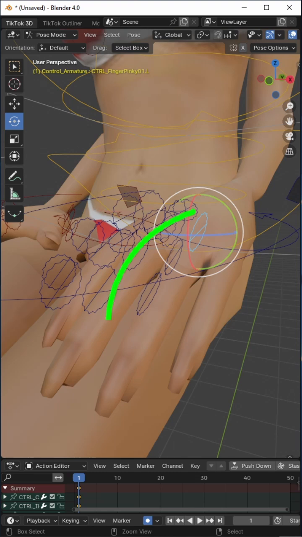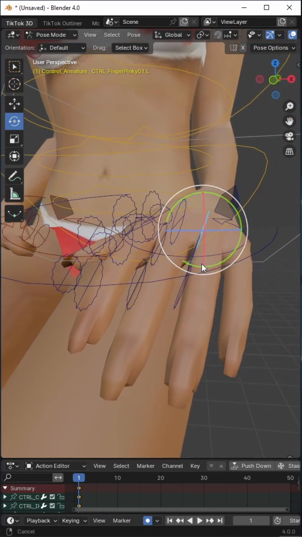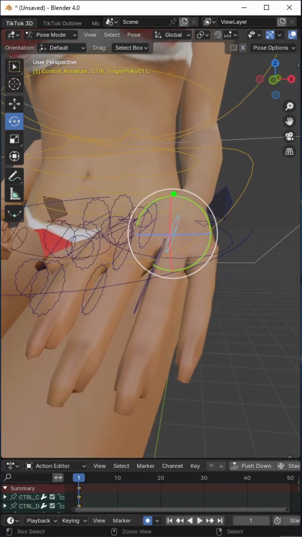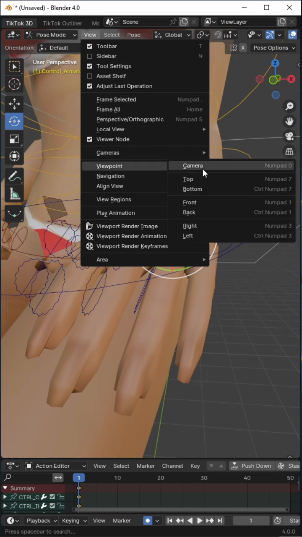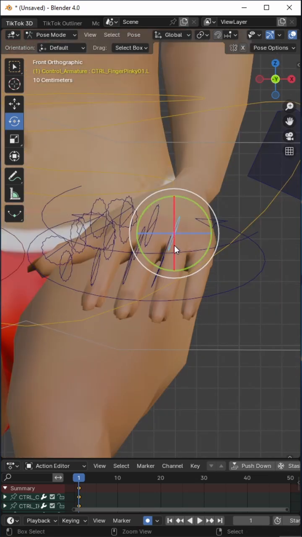So we want to move the fingers, but we want to have more control over the direction that the fingers bend or rotate. Right now, it's set to global, which means it's being manipulated relative to the scene. So the movement is perpendicular to the scene. What we want is to have it rotate, move, or manipulate perpendicular to the element that's actually selected. So for that, we want to change